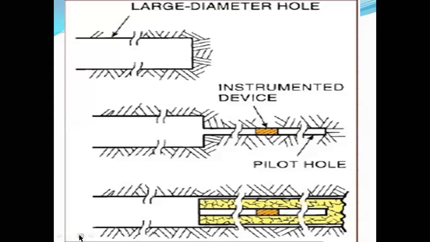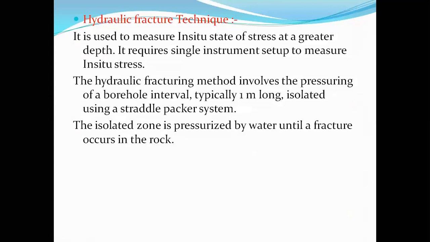So this is how it is: a larger borehole, followed by a small diameter, 30 mm pilot hole. In that again, the deformation gauge is placed. Now the continuation of the larger diameter hole, with over coring of the pilot hole, is being carried out. Due to relief of the stress acting on this, there will be a change in the values of the strain gauges that were placed. Those values are a measure of the in situ stresses acting in the rock. That is about the second method, the over coring technique.